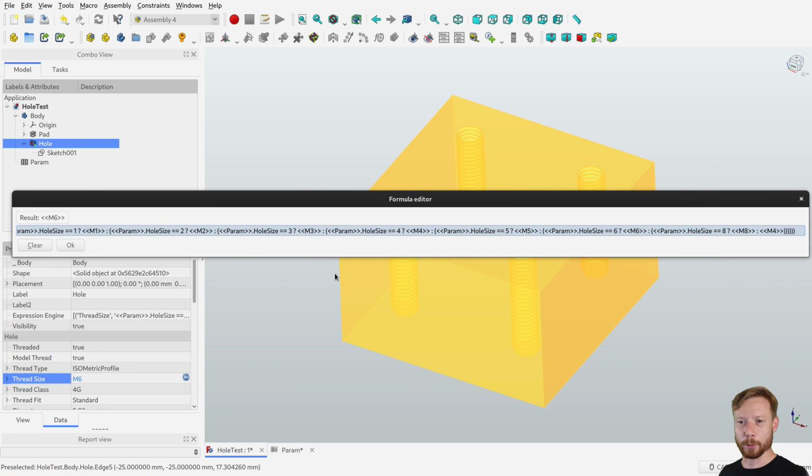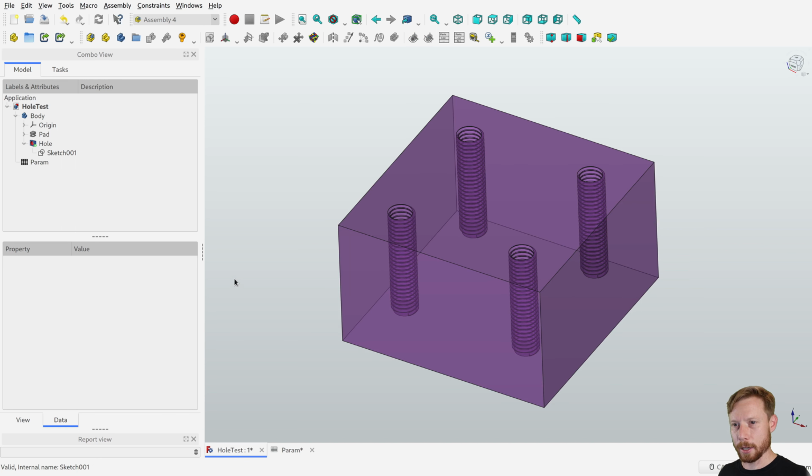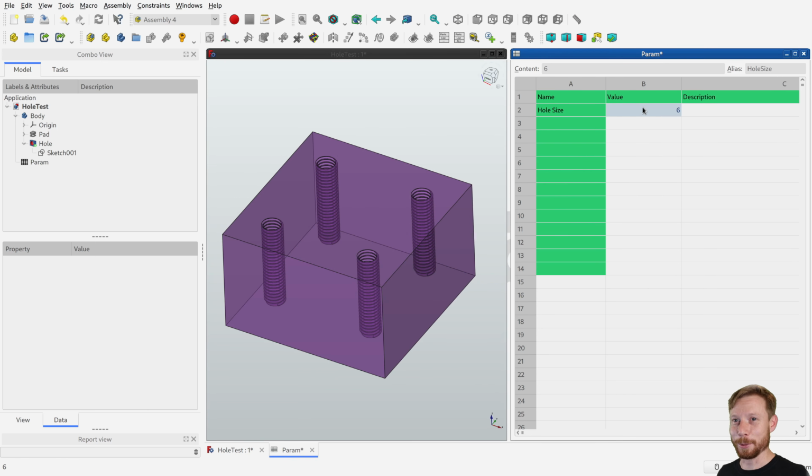When someone enters 2, it'll return M2. I've done M1, 2, 3, 4, 5, 6, and 8. I did not keep going because I didn't want to be writing this expression out for half an hour. And then if it doesn't find any of those values, it'll just return M4. So if we apply that, and we go and check out our spreadsheet, spreadsheet with 1 parameter, and we change that here,